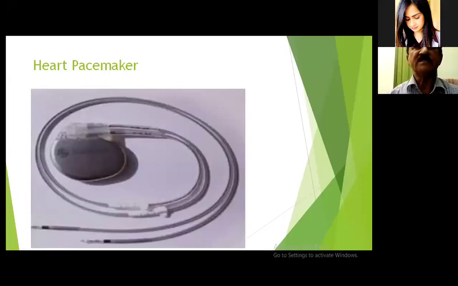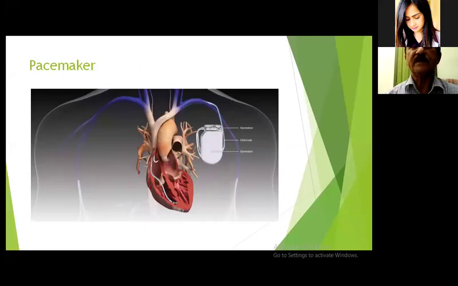This device is a pacemaker, heart pacemakers. It is a temporary pacemaker or a permanent pacemaker. Two electrodes or leads are used. This is the diagram. One is put in the right atrium and the other in the right ventricle. This is the AV sequential pacemaker in which the atrium and ventricle contract in synchrony. This is used in cardiac failure or cardiomyopathies.